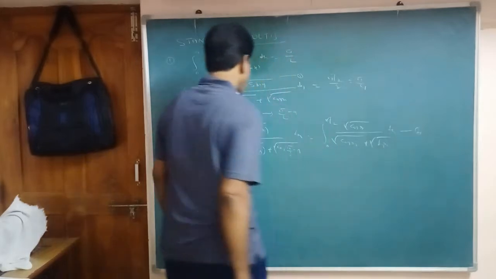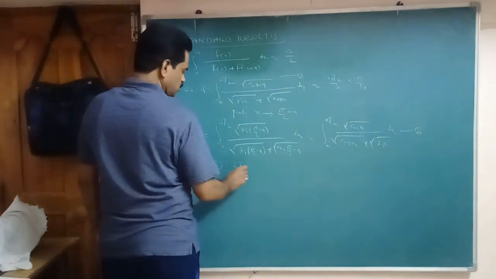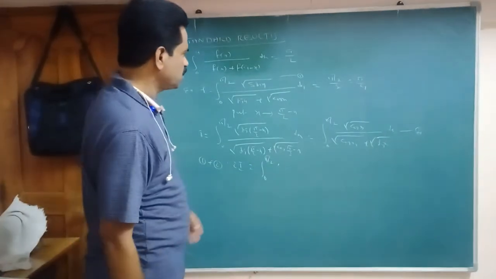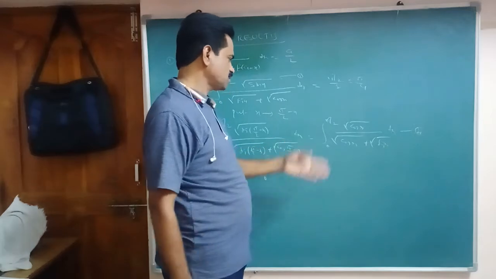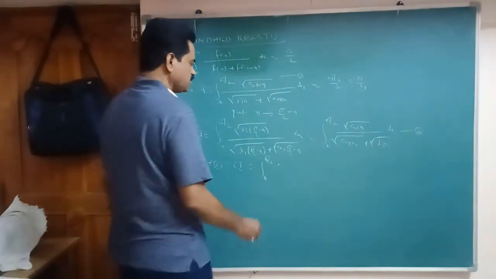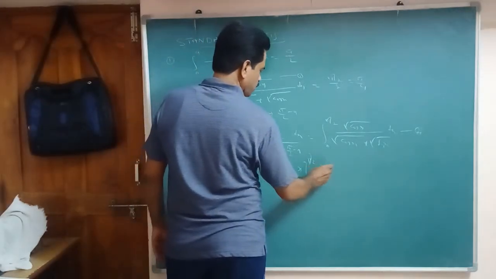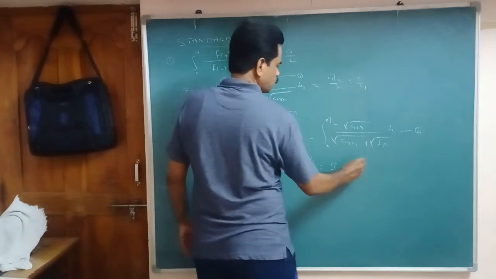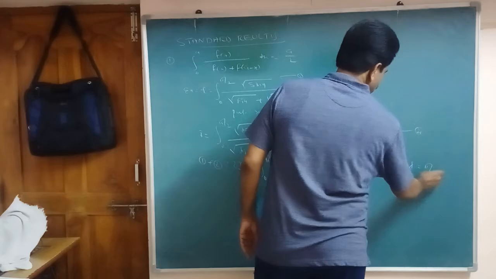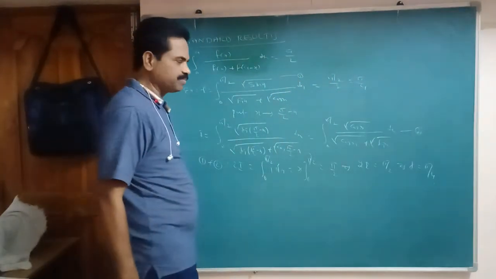Suppose this is 2. Adding 1 and 2, LHS is 2I. We observe in the numerator root cos x plus root sin x, and the denominator is cos x plus sin x roots, the numerator root sin x plus root cos x. Both values are same, it will be cancelled, 1 dx, that is x from 0 to pi by 2. Value is how much here? pi by 2. Here 2I equal to pi by 2, then I equal to how much here? pi by 4. If you remember this formula, directly we can write here a by 2.